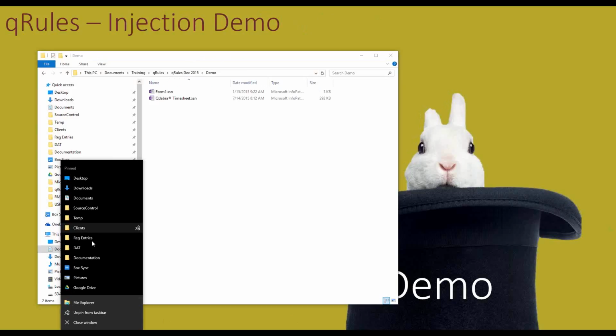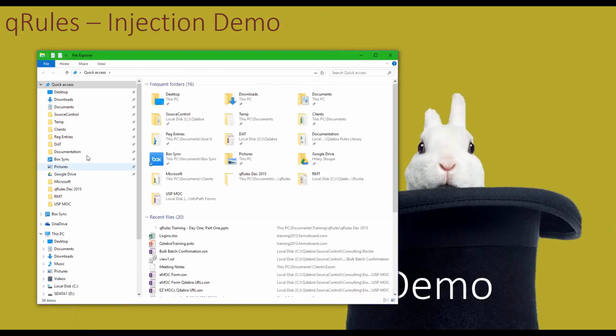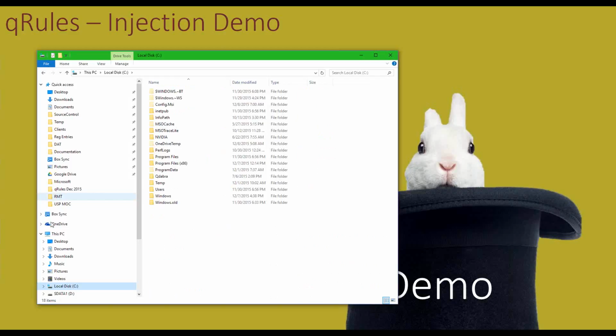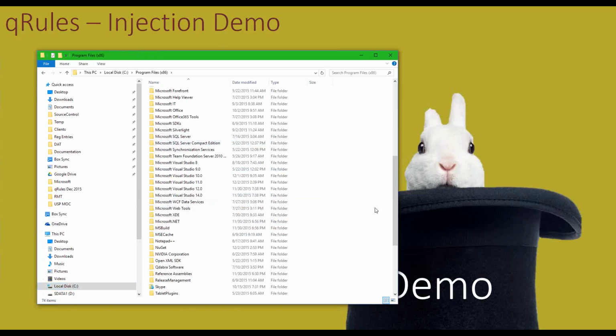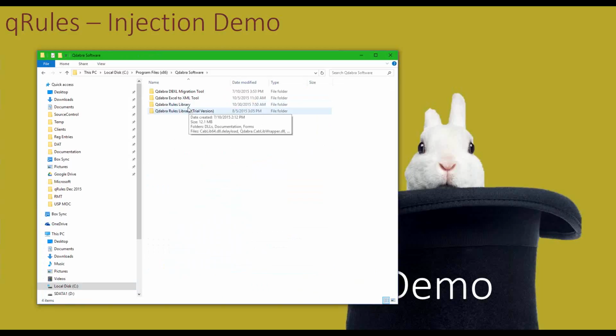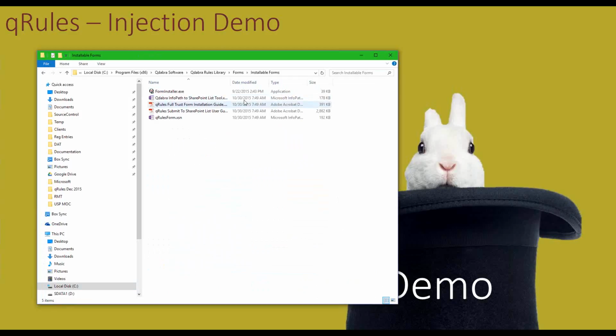Let's go take a look at Form Installer first. This is a little thing that we provide with qRules. These days, it's in this installable forms file.